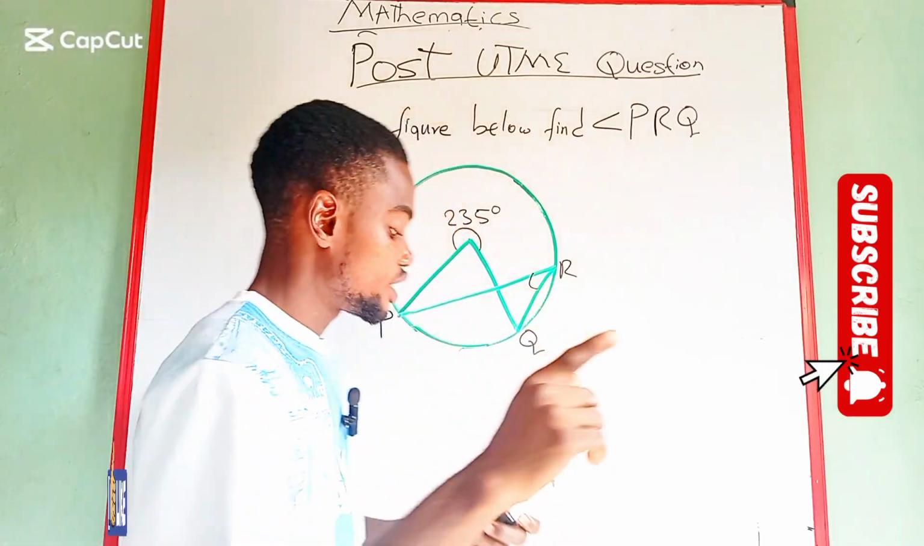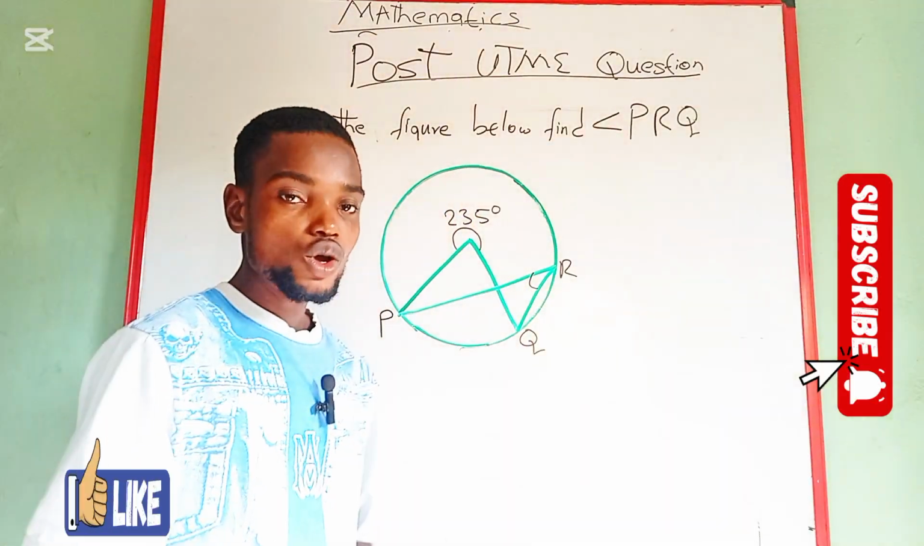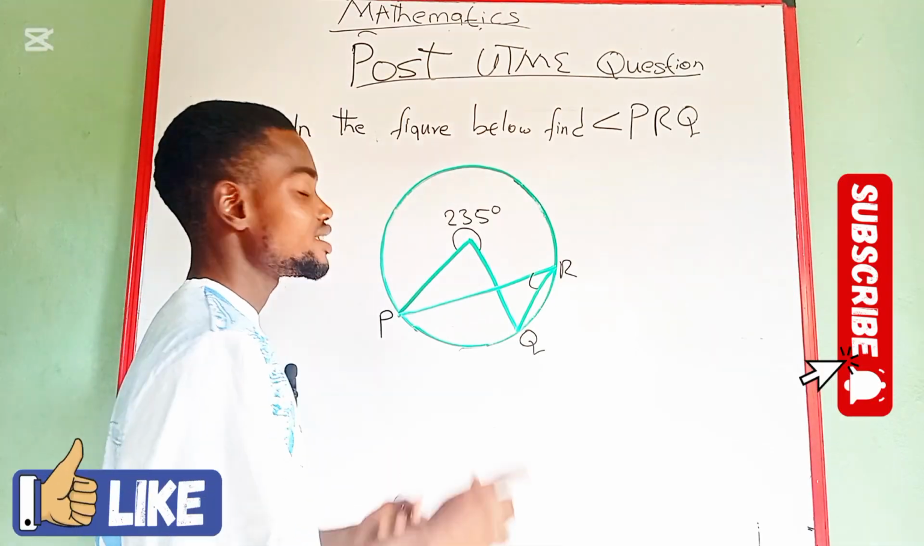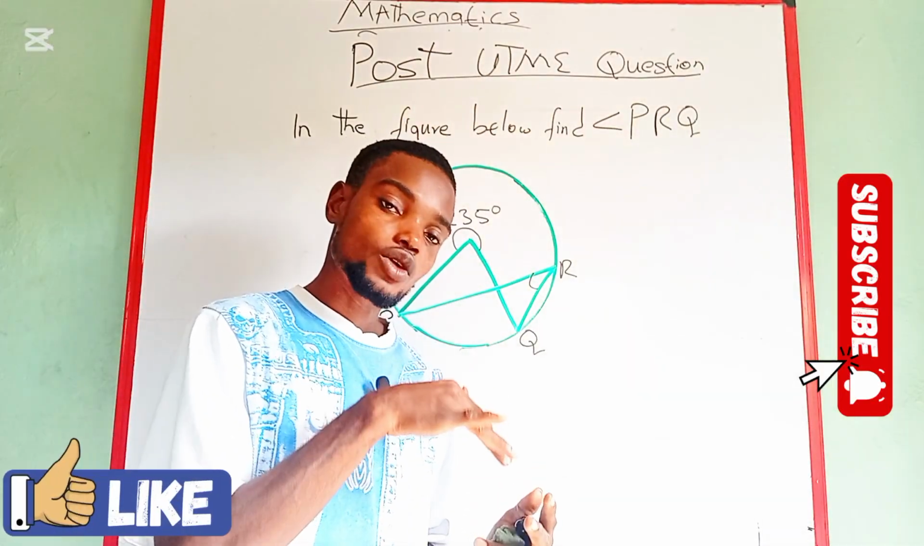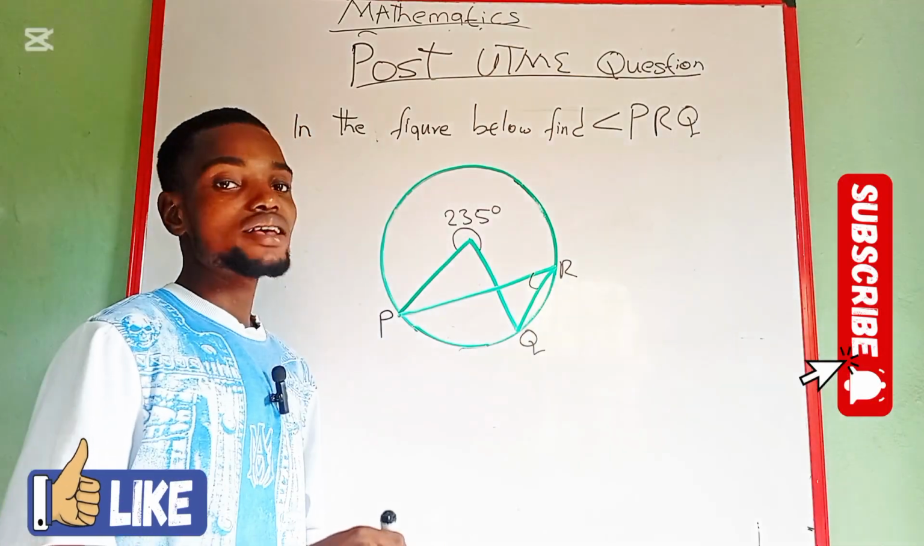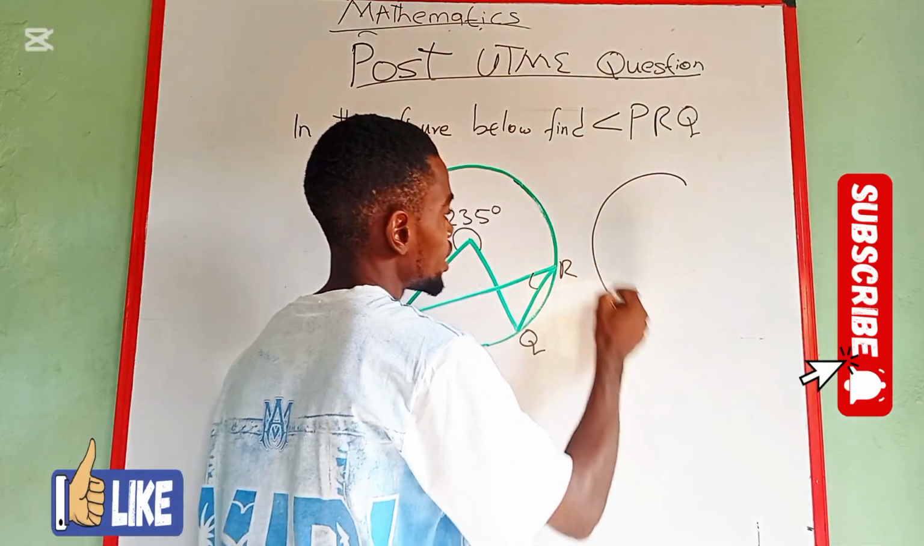My problem is not in solving this expression here. Once you see it, a JAMB or a UTME student, you find out that it's related to the angle at the center of a circle being twice the angle at the circumference. But then this has three cases. This one here